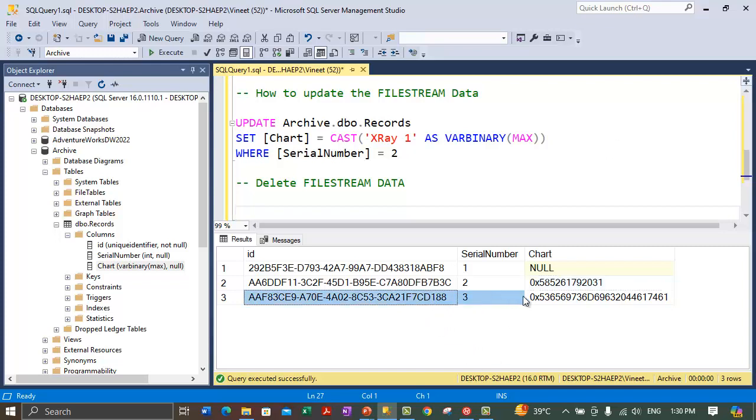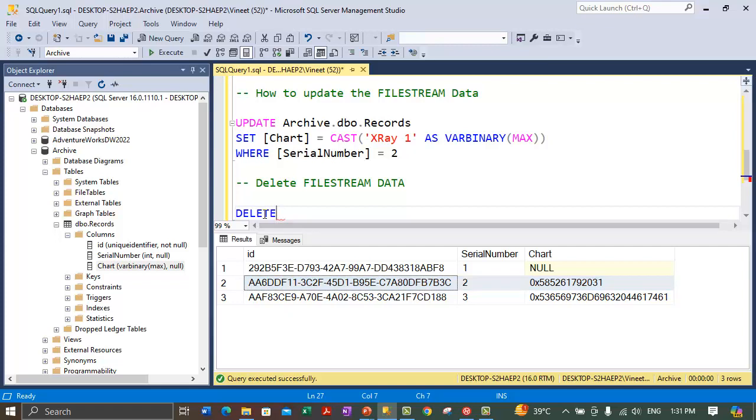So for example, if we delete any of the rows and it contains the FILESTREAM field, we also delete its underlying file system files. So whenever a row is deleted, its associated file system files also get deleted. The only way to delete a row, and therefore the file, is to use the Transact-SQL DELETE statement. So the only way the actual physical file gets deleted is to delete a row from the table using the Transact-SQL DELETE statement. Now let me share an example of how you can delete data from